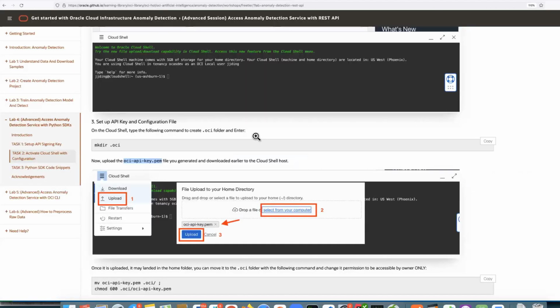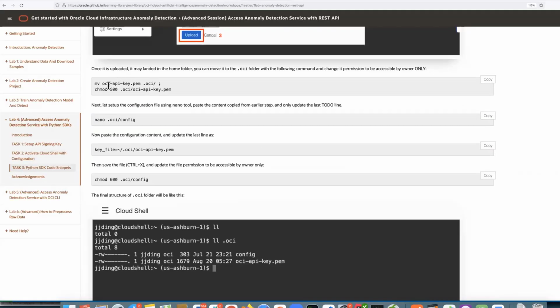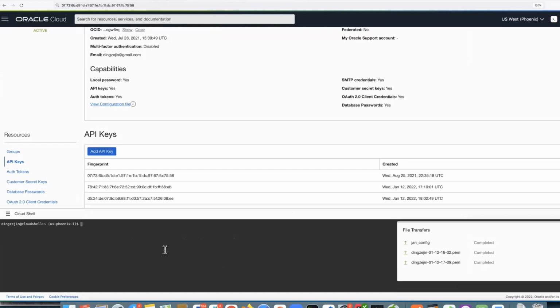Okay. Once you do that, you need to move them and change the mode, because that file needs to be read only by yourself. So I'm going to change both of them, and move them to